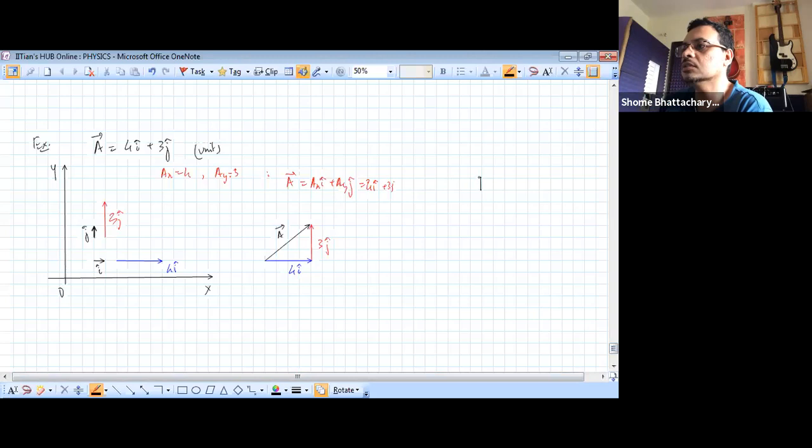Because we can use I cap and J cap to define a force. Suppose I say the force is this much in newtons, but then I can also use it to define a displacement, which is let's say 2 I cap plus 3 J cap in meters. So here the unit of meters goes to the components, not to I cap and J cap. The newton unit also goes to